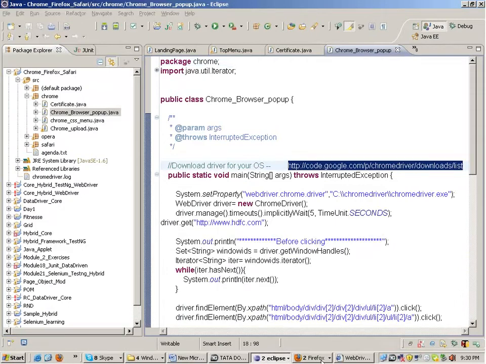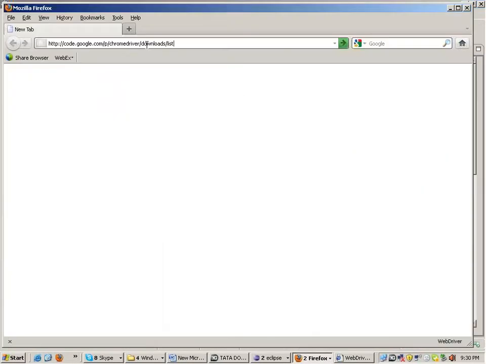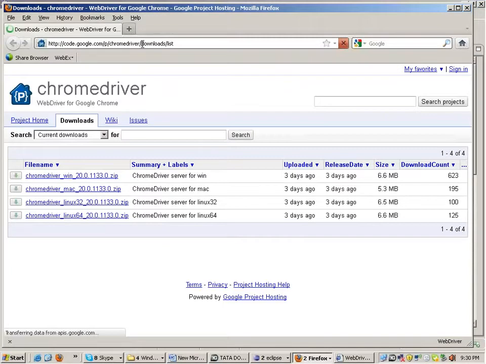I'll keep the URL in this file. You have to download the chromedriver.exe depending on your operating system, whether it is Windows, Mac, Linux 64-bit, Linux 32-bit, whatever it is. I downloaded it over here, this zip file.